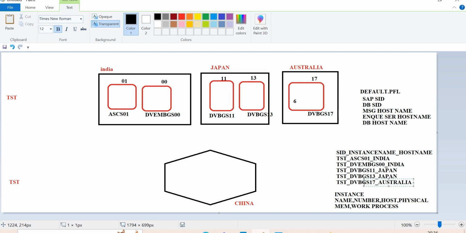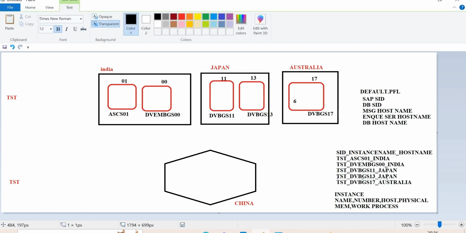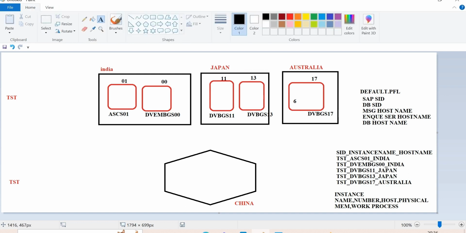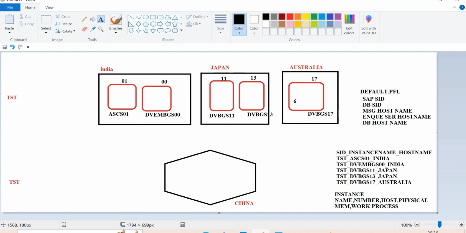So the instance profile is individual. If you want to make changes here, then you should go with this instance profile. If you want to make changes to the entire system, then go to your default profile. Make changes in your default profile. That is what profiles are about.